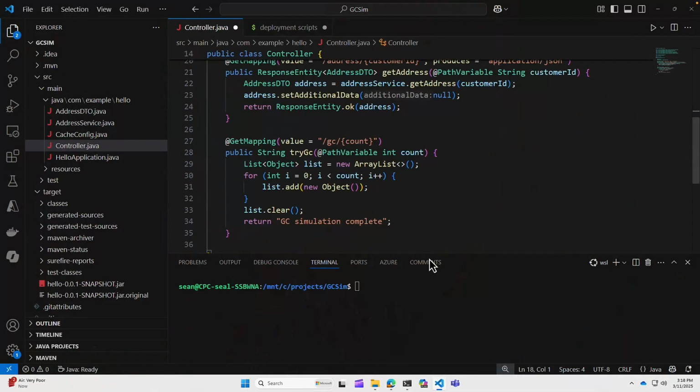The code I've prepared to demonstrate these concepts is very simple. The part that is relevant to the demo is in this REST controller, where we create a list of new objects based on the number from the input. At the end of the for loop, we will remove all references to the created objects, making them eligible